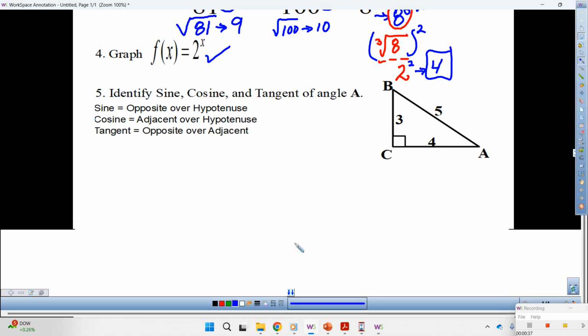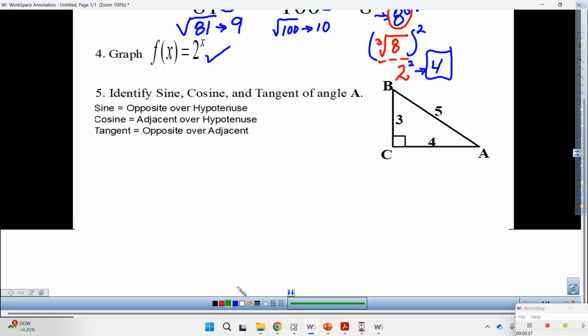So let's clarify some words. Here we go. These 3 only work with 90-degree triangles. So let me repeat that again. These 3 only work with what? 90-degree triangles. So in order to use